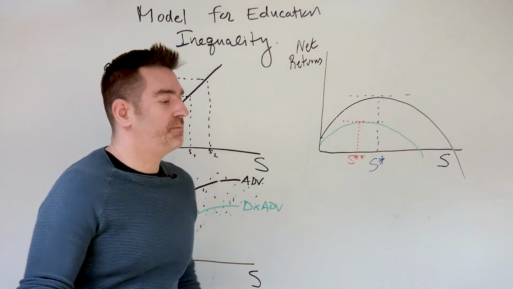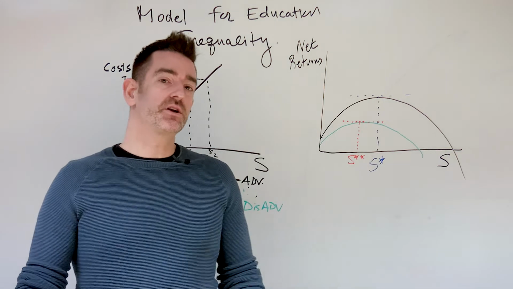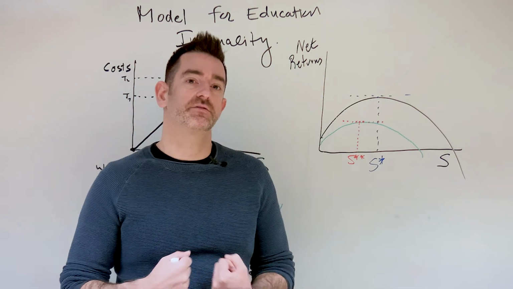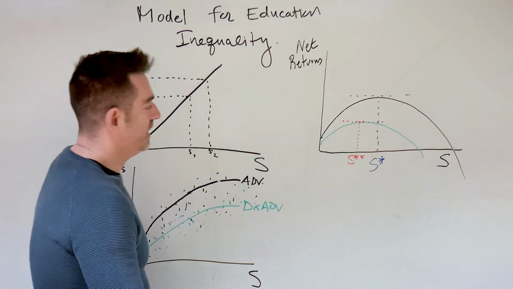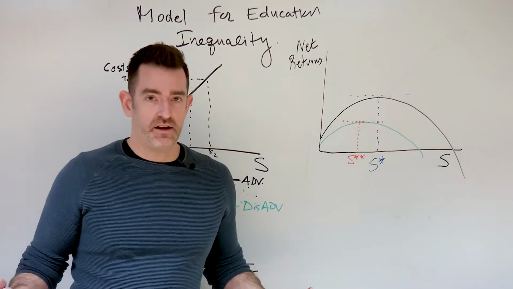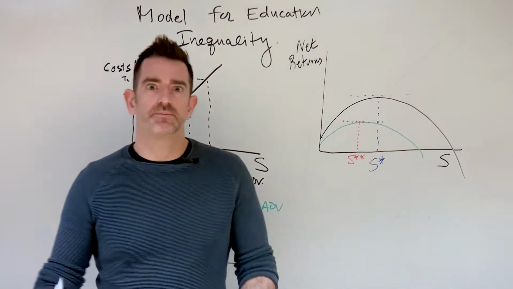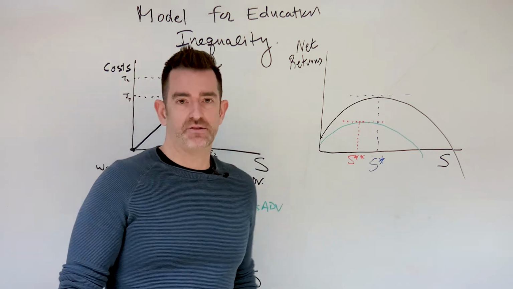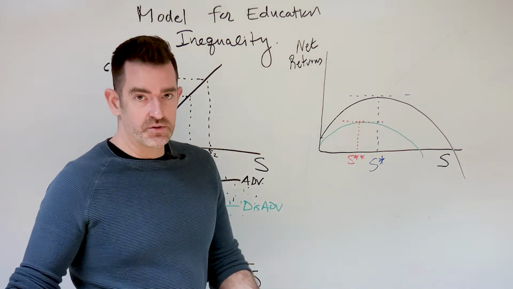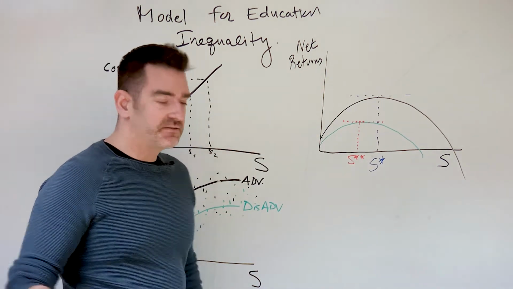So maybe we need to think about programs that make sure disadvantaged, talented students who are going to go off to college have the math background so they're not just eaten alive when they come to their first economics course at school. So then you have to ask, well, does that work? That sounds like a great idea. Well, then you want to go to data and you want to say, okay, we're going to invent a program that gives students extra math in their final year of high school. And then we're going to see what that did to the wage benefits. We might find that that lovely, expensive idea